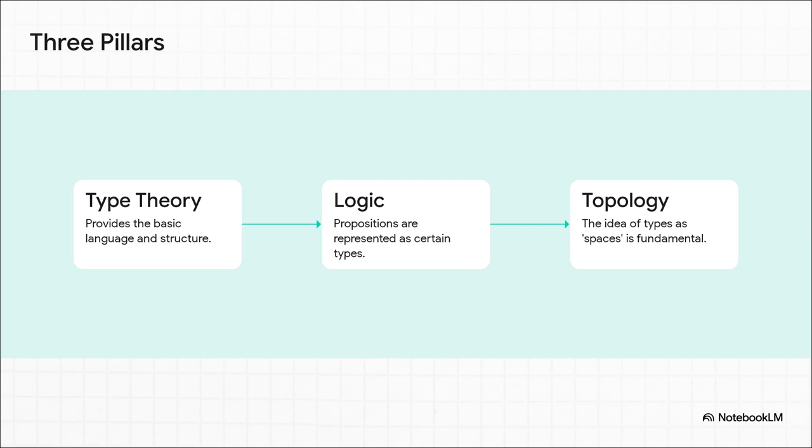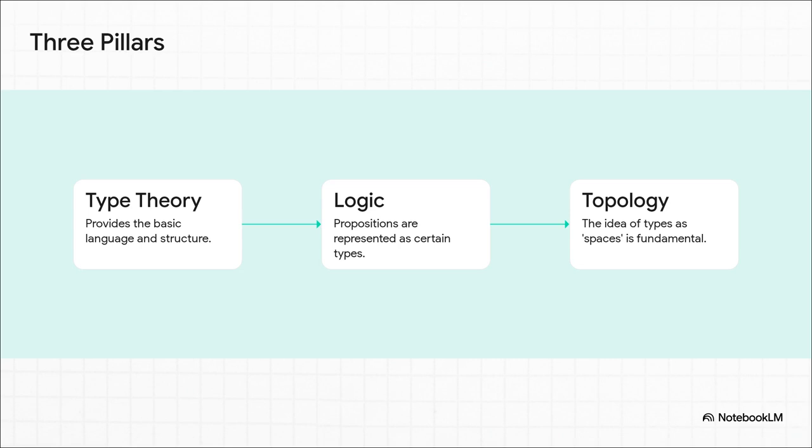It all starts with something called type theory. The easiest way to think about this is like the basic grammar and words of the language. It's how you sort everything into different categories. Okay, simple enough. Now, inside that language, logical statements, things like, if A is true, then B must be true, those are represented as types. And now, here comes the magic leap, the really cool part.